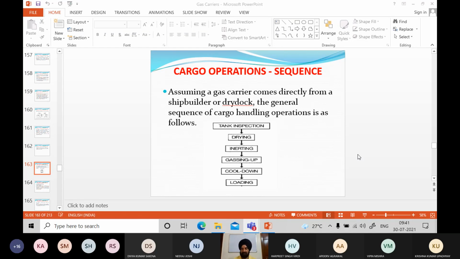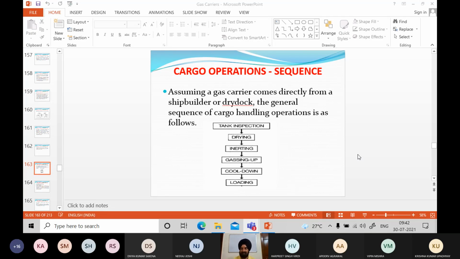The moment she comes out of the dry dock, जैसे सब काम खत्म हुआ तो उसकी ठीक है, ड्राई डॉक से निकलने से पहले आप सबने इंस्पेक्शन की, every ship when she comes out of the dry dock complete होती है, so we carry out the inspection, isn't it? क्या यार सब कुछ ठीक है, ट्रायल्स भी करते हैं क्या जो सिस्टम उन्होंने कहीं रिपेयर किया कुछ है, चलता भी है कि नहीं चलता भी। तो वो सारा काम होने के बाद immediately before you start sailing you inert